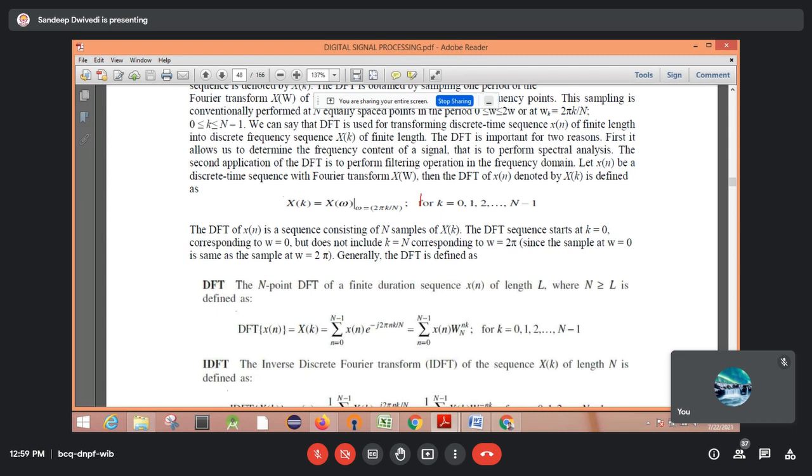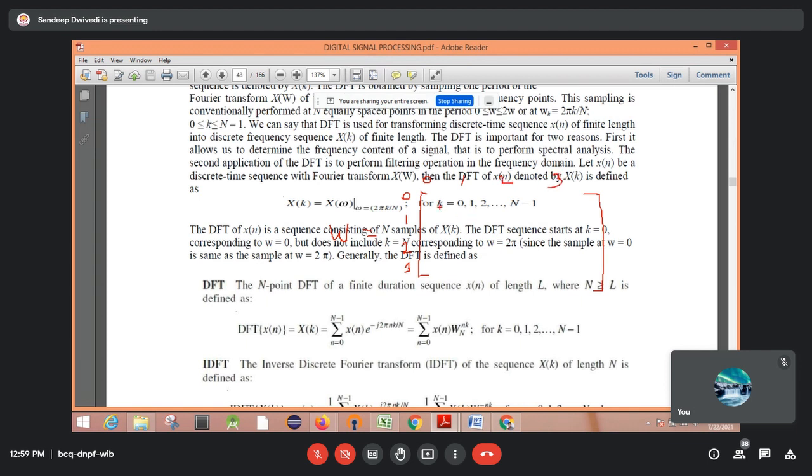So I will take the 4-point DFT. If you are forming the twiddle factor matrix of the 4-point DFT, in the last lecture also I have taken this. So for the 4-point DFT, see here, this is your twiddle factor matrix W. Here you can write the values of n, that is 0, 1, 2, up to less than or equal to capital N minus 1. It is a 4-point DFT, so capital N will be 4, and 4 minus 1 is 3. So this will be 0, 1, 2, 3. The same for k, it is also from 0 to capital N minus 1, so it will be 0, 1, 2, 3.